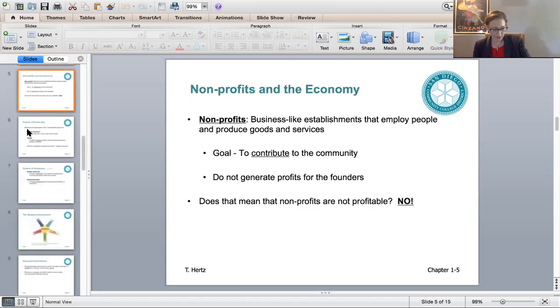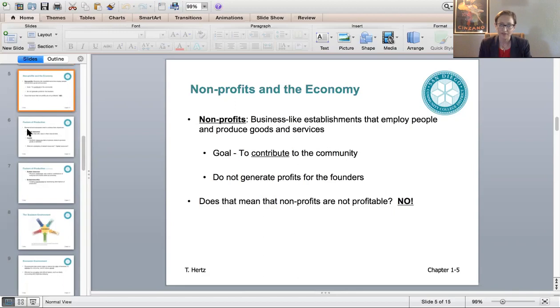So it's important also that you understand what a nonprofit is in business. A lot of people, because of the name nonprofit, think, okay, we don't need to make money. That's not essentially what a nonprofit means. Nonprofits still need to generate profits. They need to generate revenues. We call them nonprofits because it's what they do with those profits that they earn that's different.